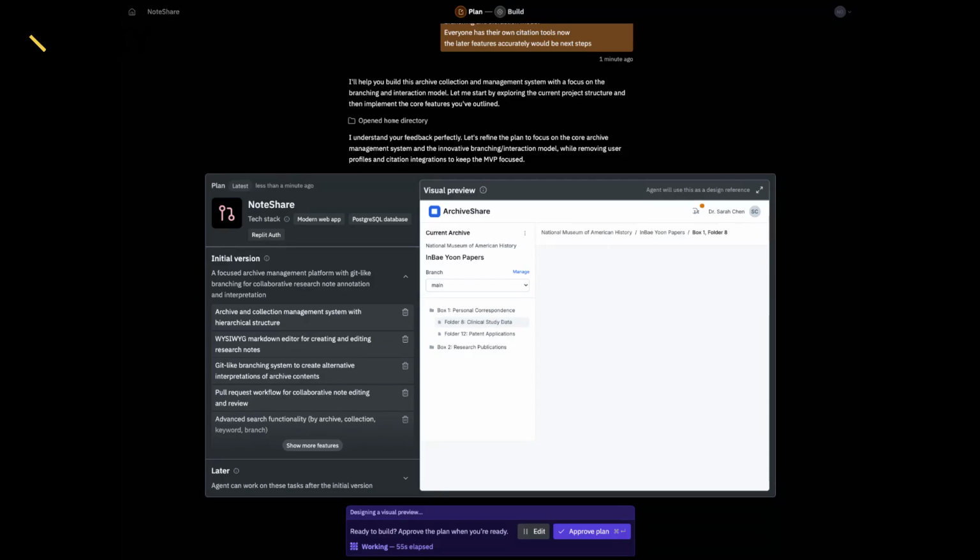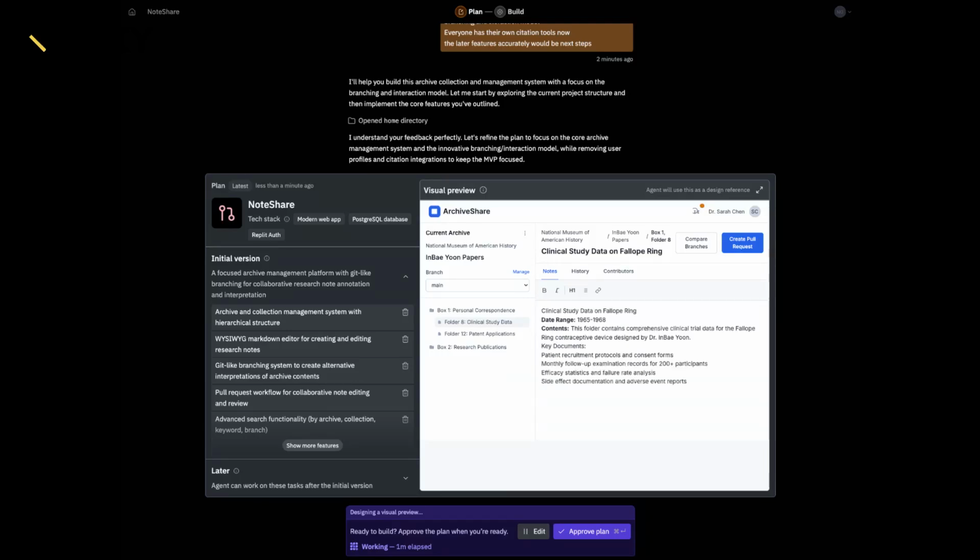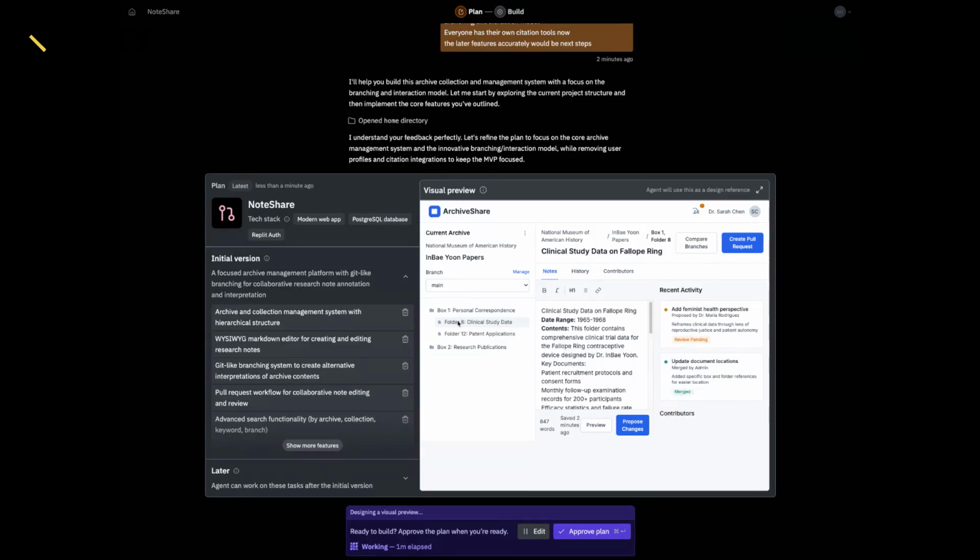Right. We did get quite a lot of changes in the plan. This is actually looking more like what you were saying, Eli, giving the user just the information they want rather than numbers or whatever. Some homepage. I'm like, don't anticipate the homepage. Oh yeah, it's cool. It's even going into the markdown editor. And I think once it finishes the preview, I'll strike the collection management system. But I wonder how tied that is to the box idea. We talked about needing to work from a box folder, so that's probably what it's interpreting as collection management.